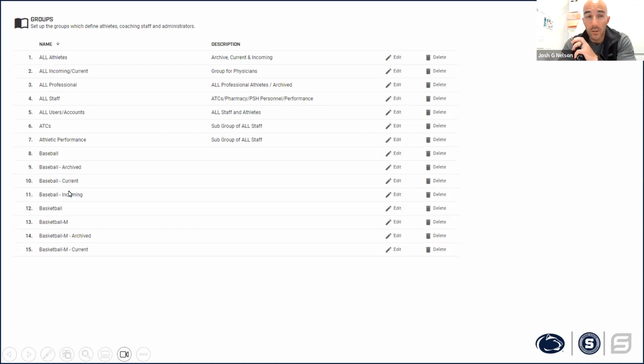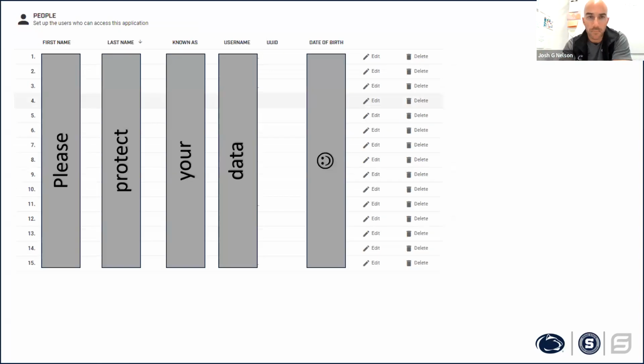So we can really quickly give access to all of baseball by toggling on baseball, and the individual would have access to all three: archived, incoming, and current. We can do that across all of our sports. So essentially, you have the parent, which is baseball, and the child accounts: archived, current, and incoming.